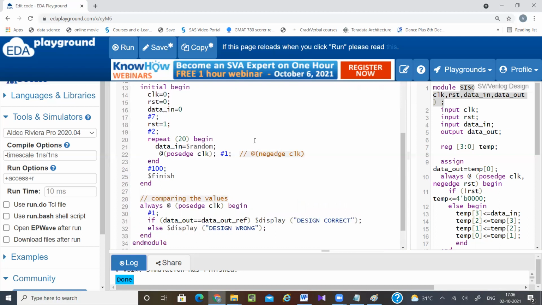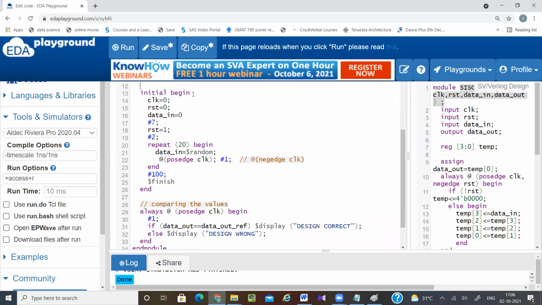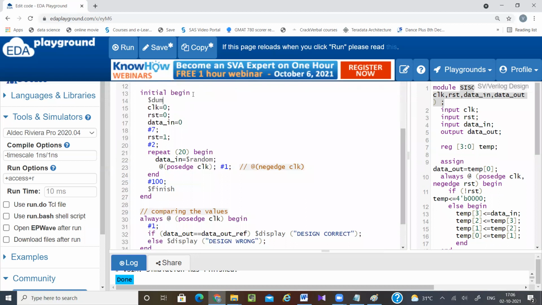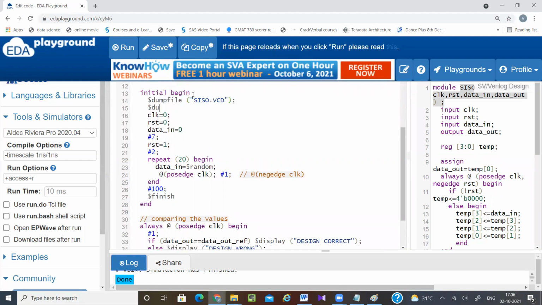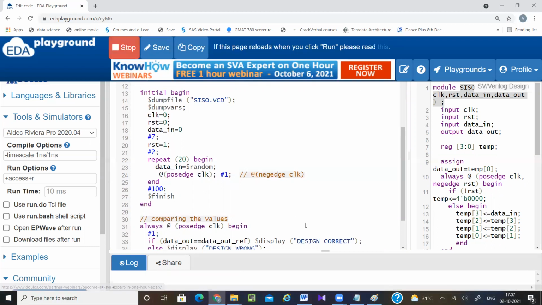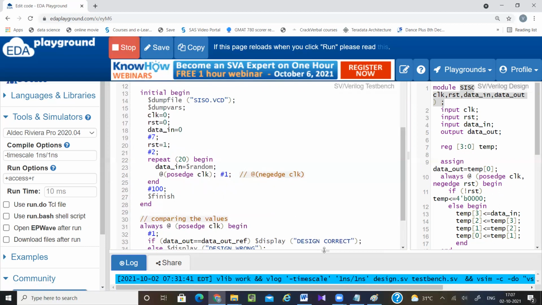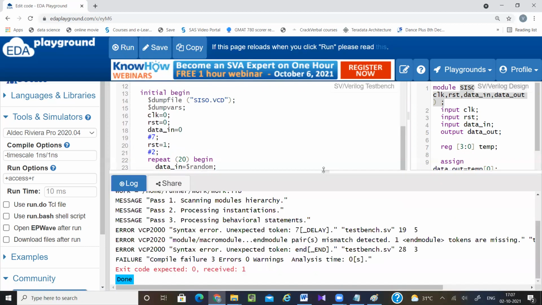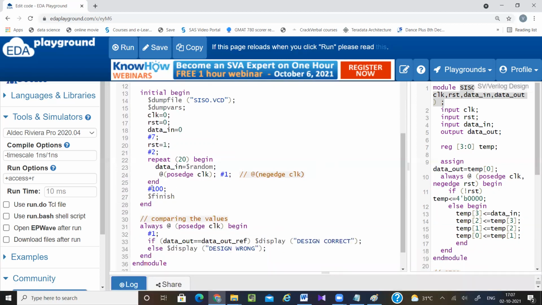Now if you want to check the waveform, then $dumpfile .vcd, $dumpvars. So repeat begin end, always begin end.